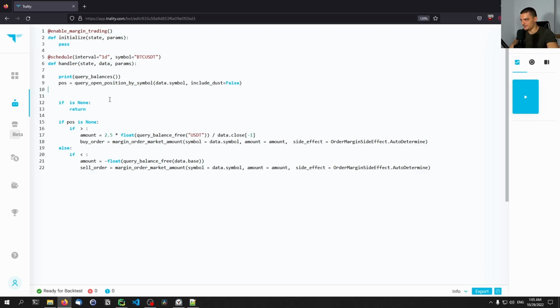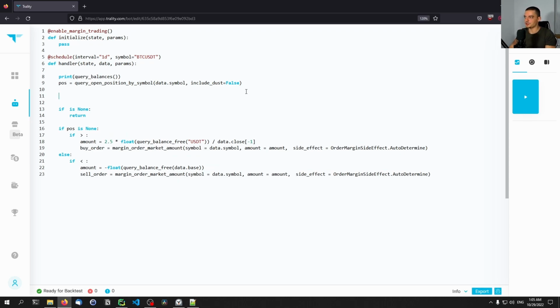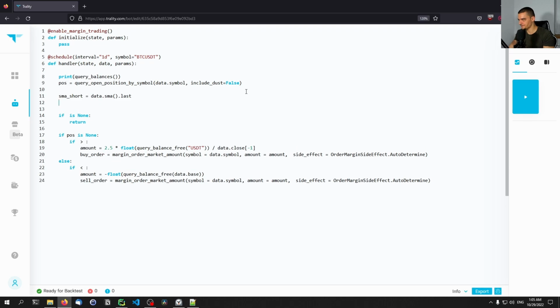Here I have the same basic structure that we have before. We're going to use again the simple moving average, but this time we're not going to use the 30 and 100 day simple moving average. We're going to use parameters to decide which number is the best for the respective moving averages. So we're going to say SMA underscore short is going to be equal to data.sma, and we're going to enter something into those parentheses here in a second. We're going to get that, and we're going to also say long equals